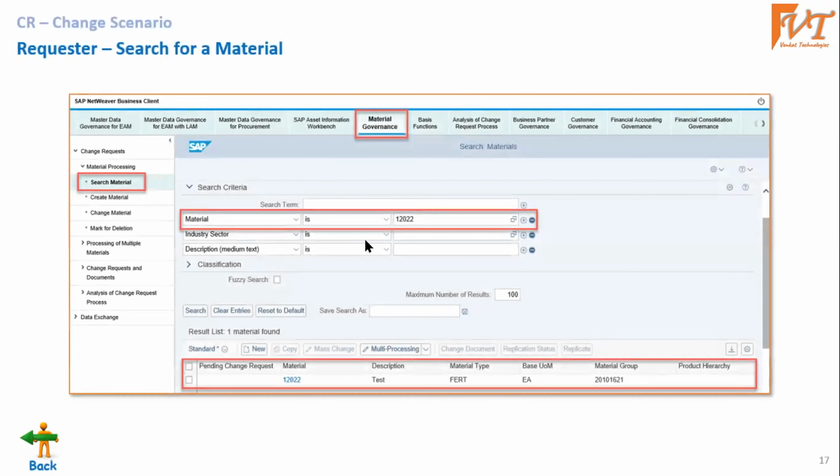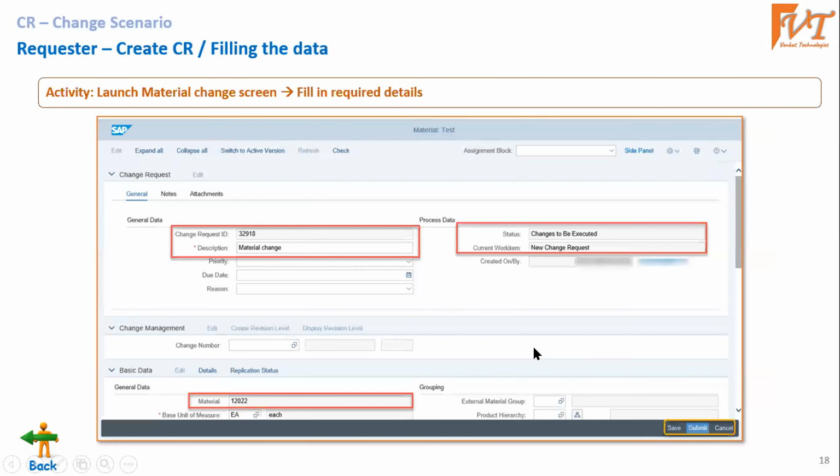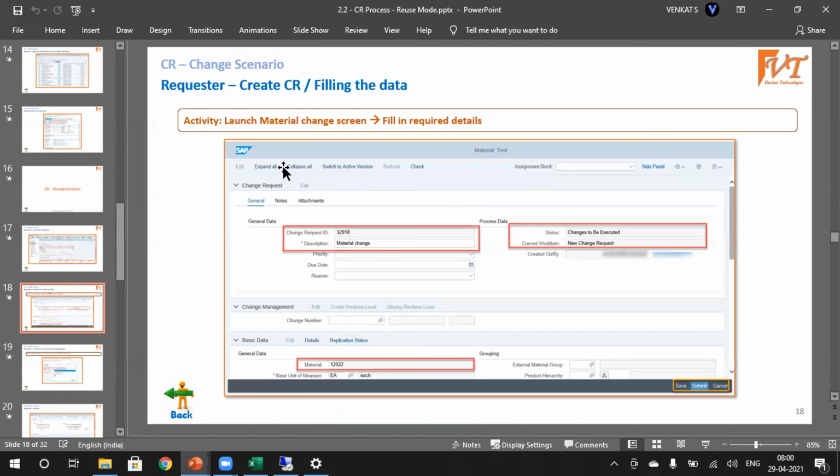Similarly, we have the change process. I was about to show you the search screen, but there was some issue in the system that can be resolved quickly. I was searching for a material, and this is how the search screen looks. I can search based on some criteria or search all the materials, which will list down the results. Then I can change this data using the change screen likewise. So this is how the governance process works in SAP MDG.